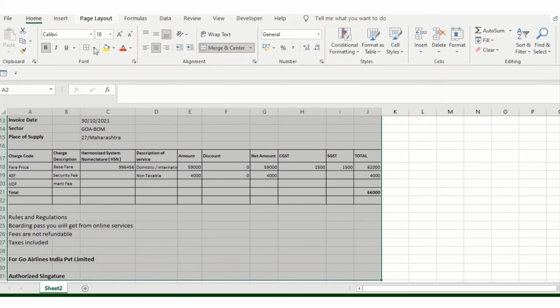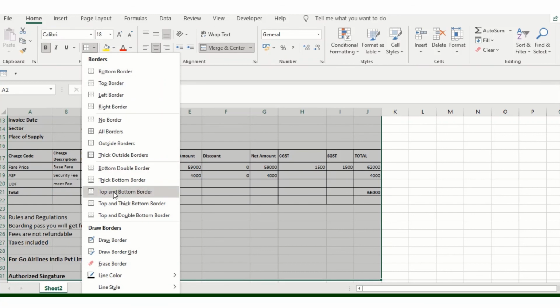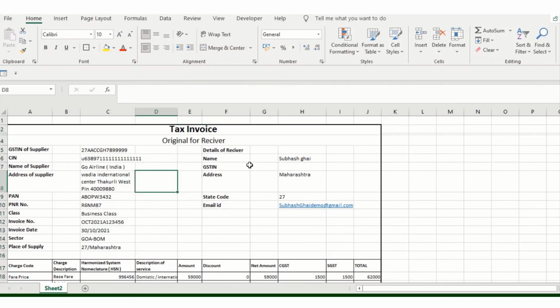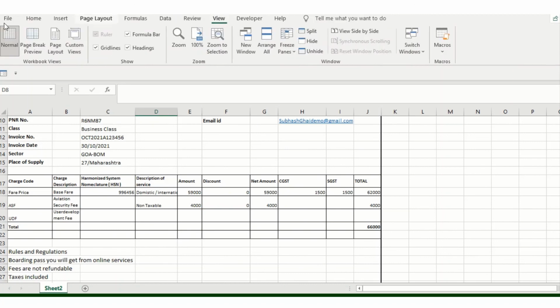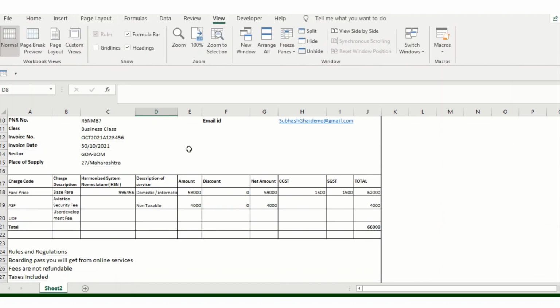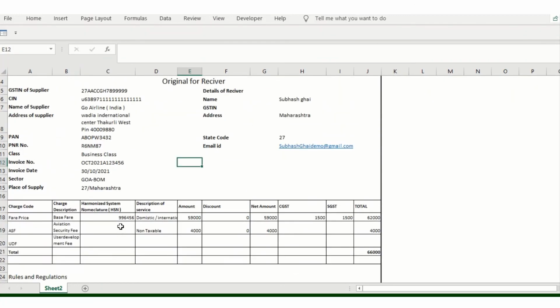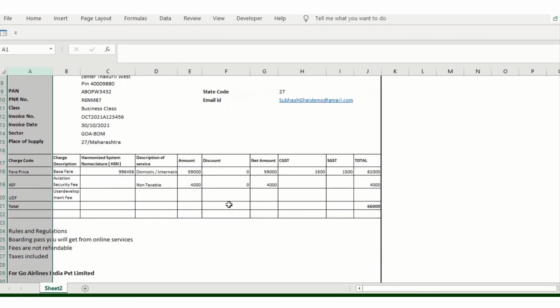And then I'll click on the home button first, add the borders if I need it, it's your call if you need it, otherwise it's fine. Okay, and then go into the view section, gridlines off. Okay, here you can see, your tax invoice bill is ready.